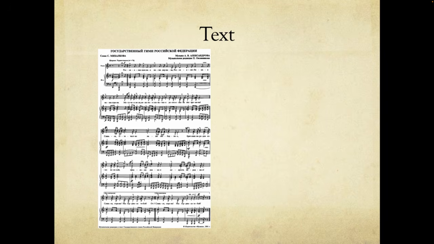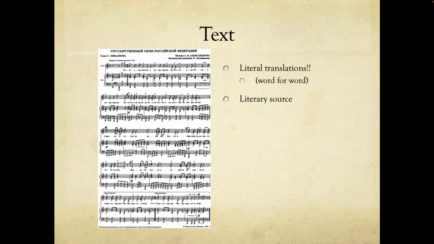For example, when we talk about text, if you look at this, can you tell me what this translates to? Okay, if you're probably looking through it, this is in Cyrillic. It's a Slavonic text. And obviously you would need to translate this. And that's why text is something that you start with. And you must have literal translations. Word for word translations must be done for every piece. Even if you're using English, it's important to understand the context of what you're singing.